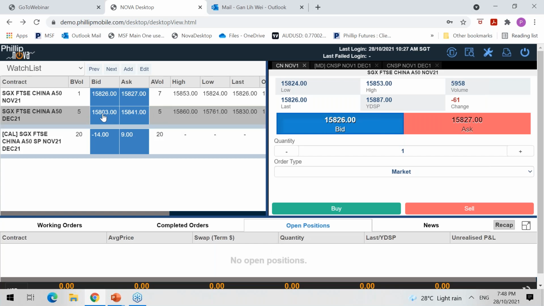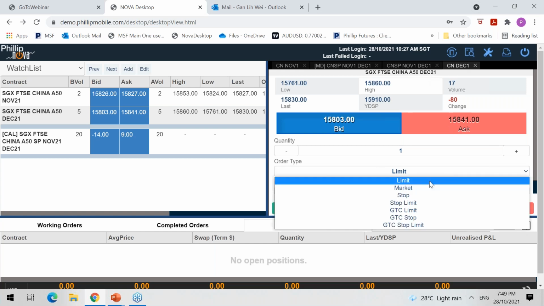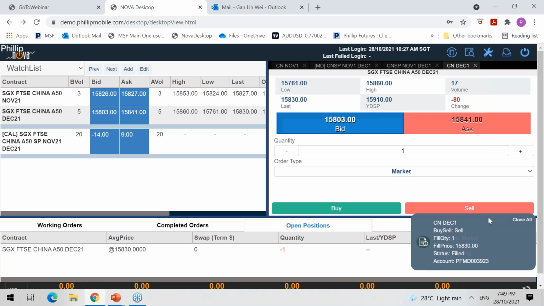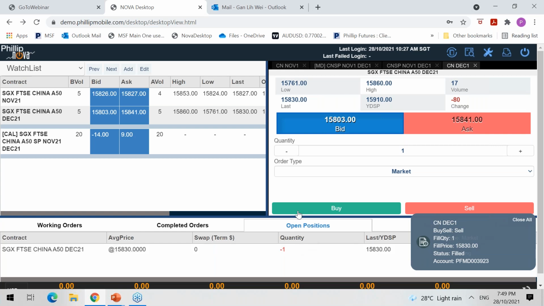And then we continue immediately to execute a sell trade on the December contract month. So take note to double check the contract month before you execute any trade. So this is the December contract month. We want to sell at market also, and we do so at market. In this case, we have brought over the position from November to December, just like that. So as you can see, you can use the spread market to queue for the spread that you want, or you can do the individual close out.